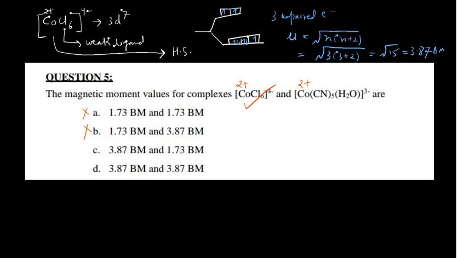Your next complex is given in that manner, which is Co(CN)5 with water. In that case, you can see the 5 cyanides are there along with this water ligand. When you see, cyanide is the strong ligand, I am writing SL for the strong one, and this is a weak ligand. So the number of the strong ligands is much higher than the number of the weak ligands, so it would be a low spin complex.